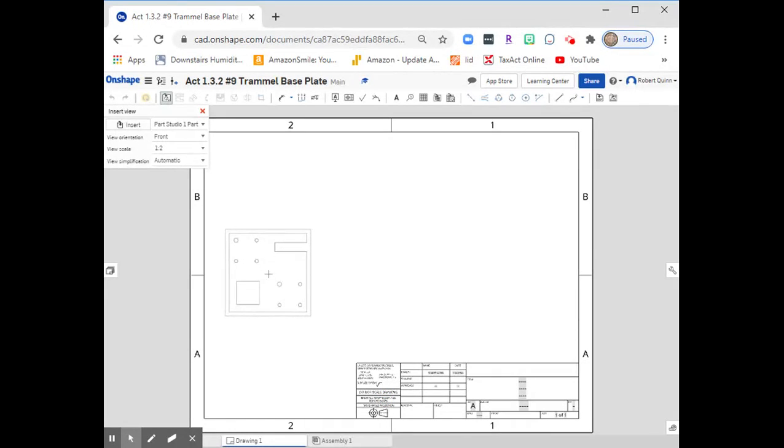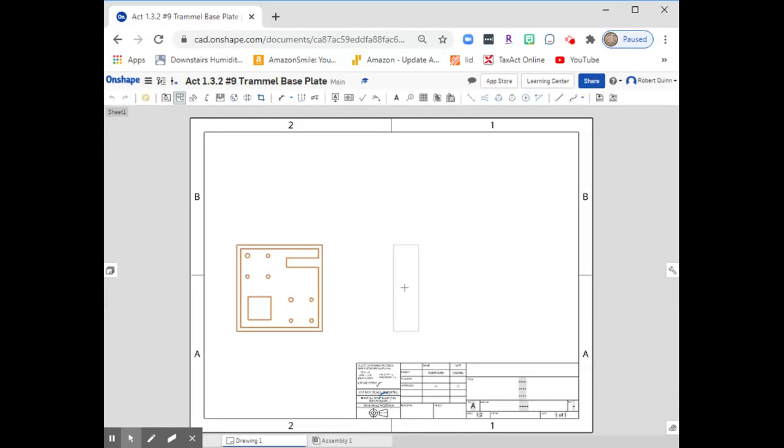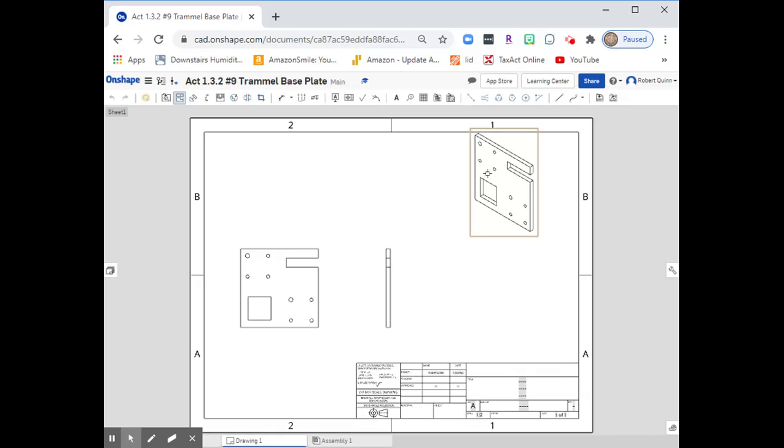That looks like a good front view. Let's go ahead and put the right view. We don't need a top view because it's going to look pretty much the same as the right view. Let me go ahead and click on the front view, and then we'll make an isometric view up here. Looks good. I'm going to hit escape to get out of the projected view tool, and then I'm going to